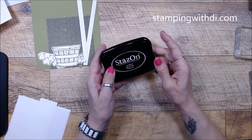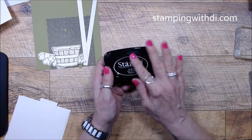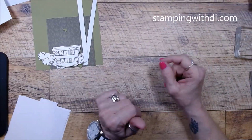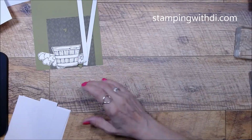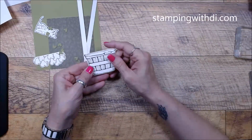And I don't particularly like using this StazOn with the photopolymer. I think over time, it can have a reaction. So you just want to make sure you wash it. It's not a big deal. It's not going to evaporate in your hand. But I mean, just make sure you wash it afterwards. So I don't usually use the StazOn, but that's what it called for